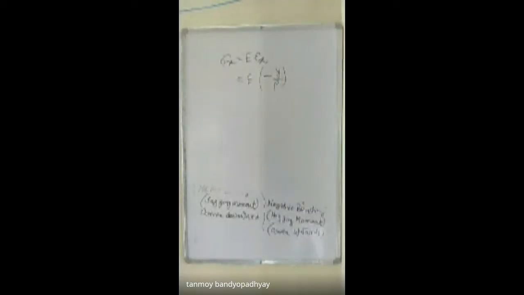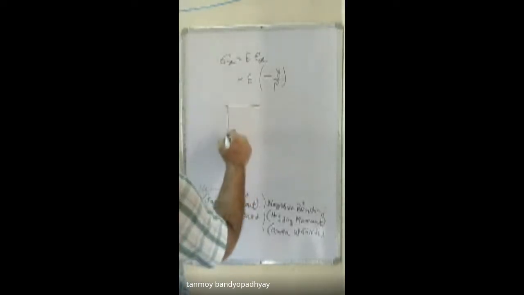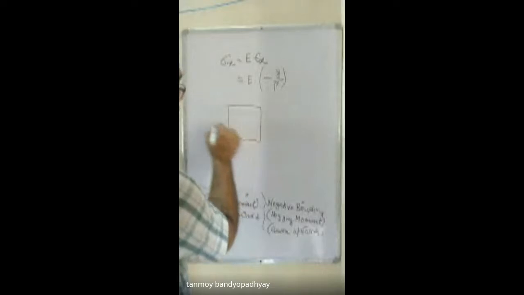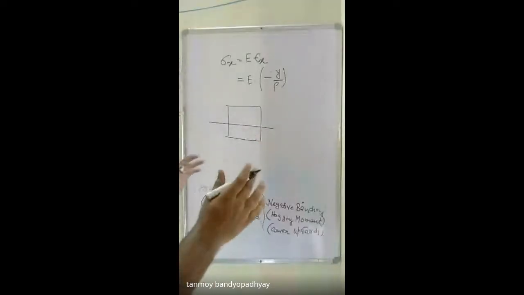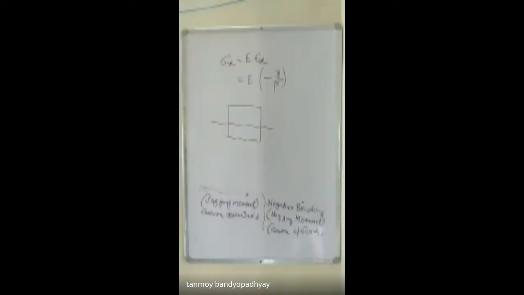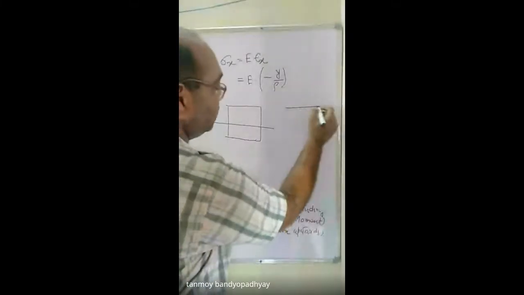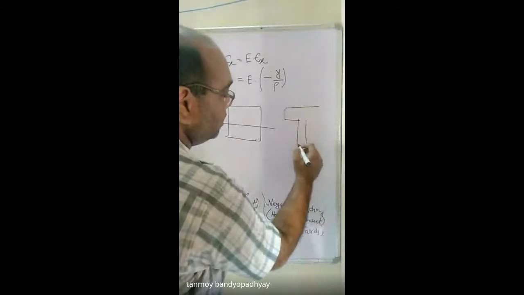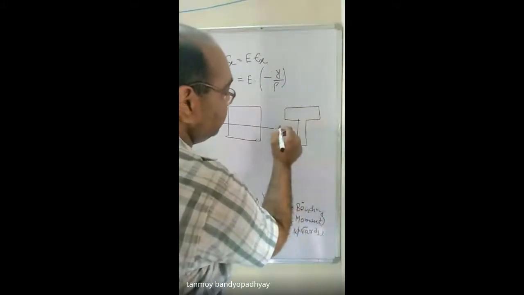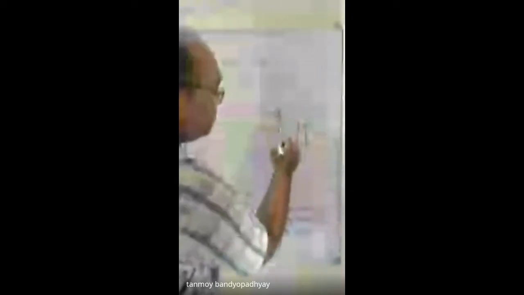There might be some symmetric cross sections, there might be some unsymmetric cross sections, so you might have a cross section like this. Whenever you draw the neutral axis, the neutral axis always coincides with the CG, the centroid of the body. We will come to that gradually. But if you consider, say, a P cross section of a beam, then the neutral axis will be somewhere around here. So you will have this as C min and this as C max.